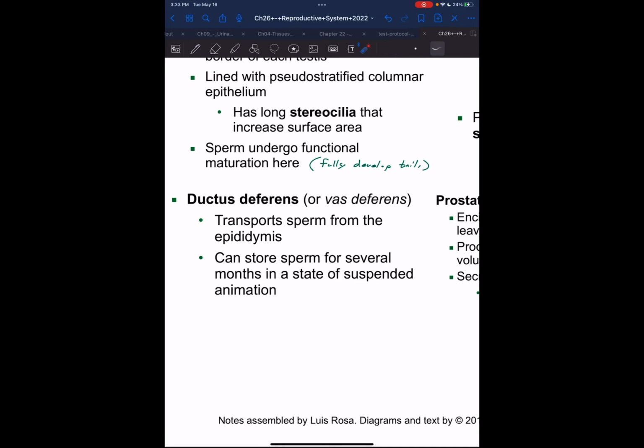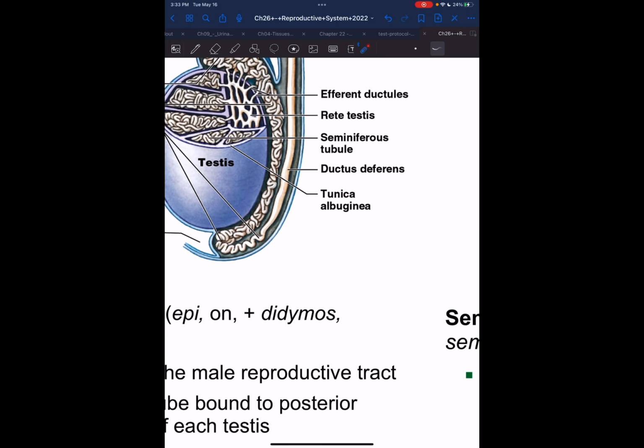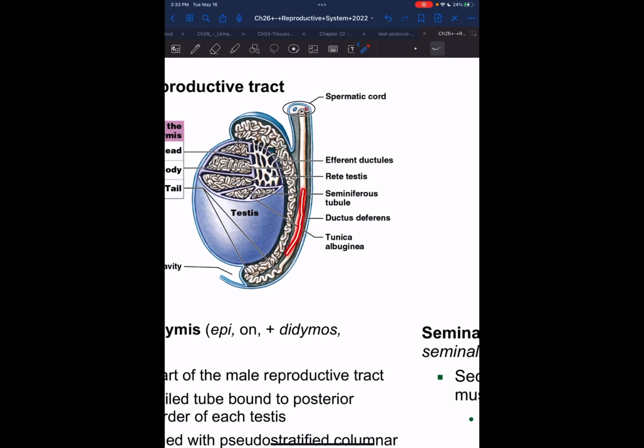The ductus deferens, which is the next part, right? After we've gone through the epididymis, we traveled down to the tail, and then we finally made our way into the ductus deferens. So it's going to travel upwards. You can see there are no more squiggly lines on this ductus deferens, and it's going to make a long journey